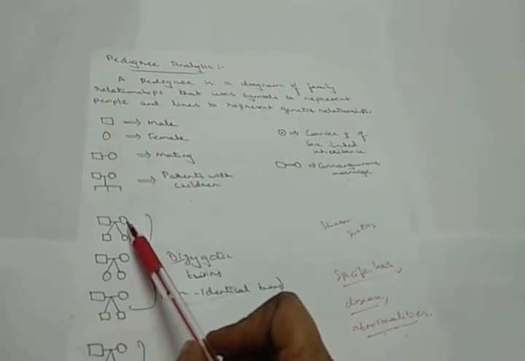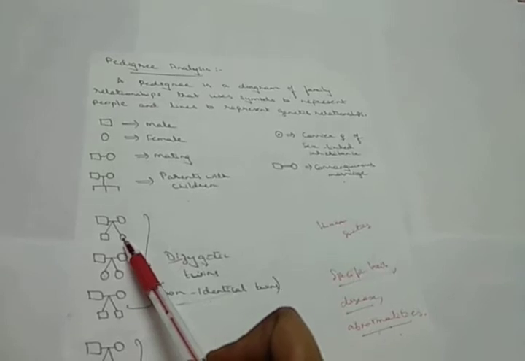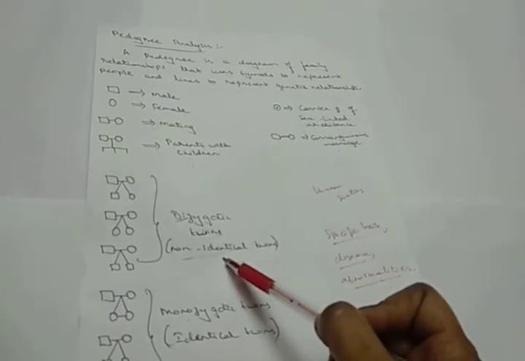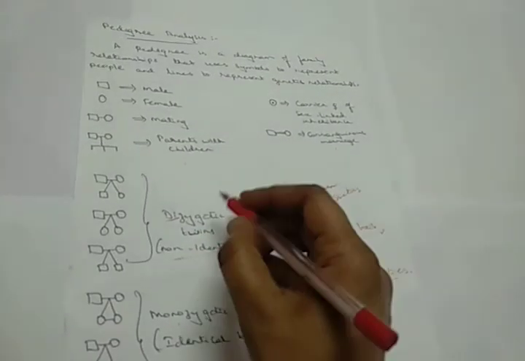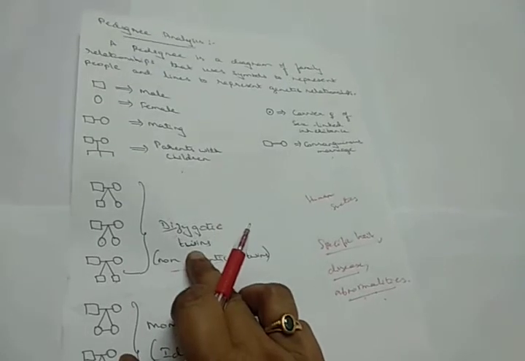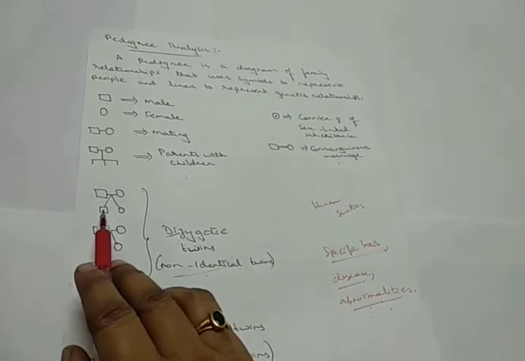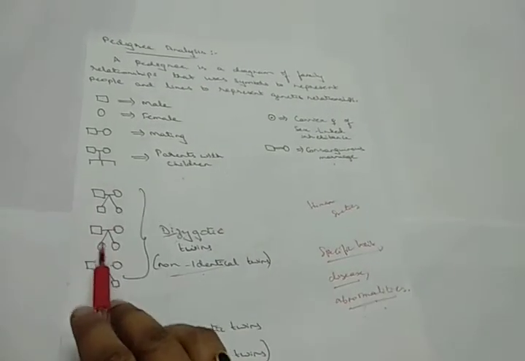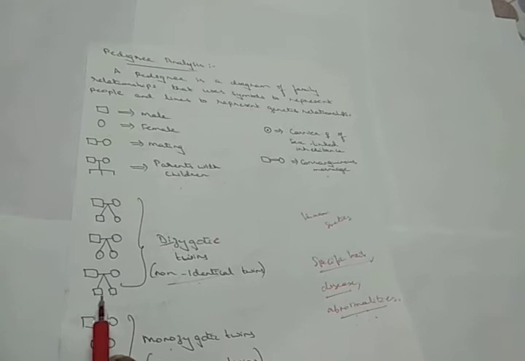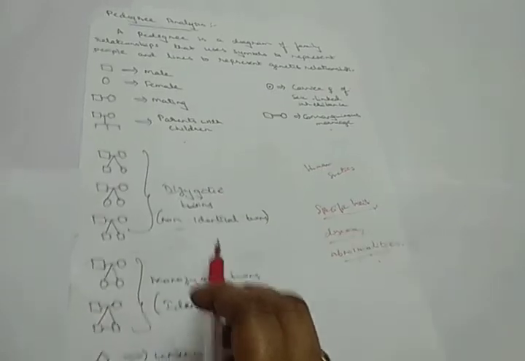So these are the parental ones, and the cross lines are the ones which tell you the relationship with the children, where you call them dizygotic twins or non-identical twins. Dizygotic refers to the presence of two eggs, and two separate sperms fertilize them. In that case, you call it non-identical, where there may be a male and a female child, or two daughters, or two sons. So you represent it as non-identical twins.